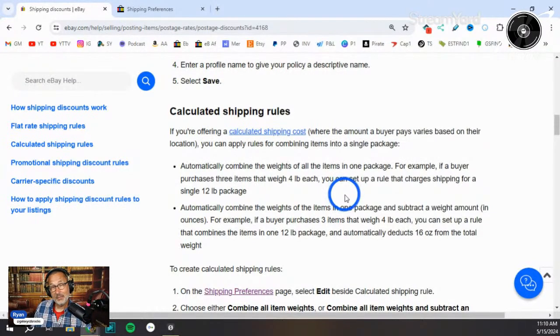The only thing to bear in mind here is you may have noticed this talks about weight, but it does not talk about size. So if you ship larger items that you could get into dimensional weight, bigger packages, bigger boxes, where the cost of the shipping is going to be higher because the package is too big, this one could potentially get you in some trouble because all it does is it adds the raw weights together. It doesn't account for the size of the box. So keep that in mind.